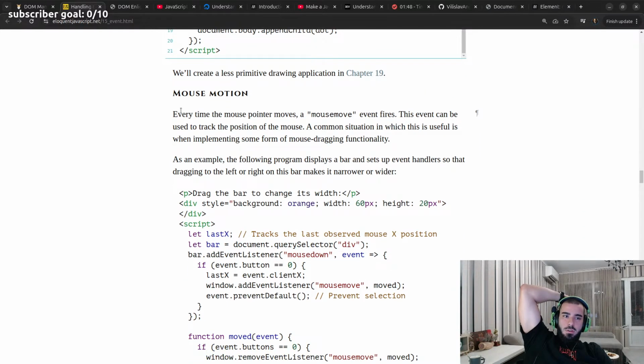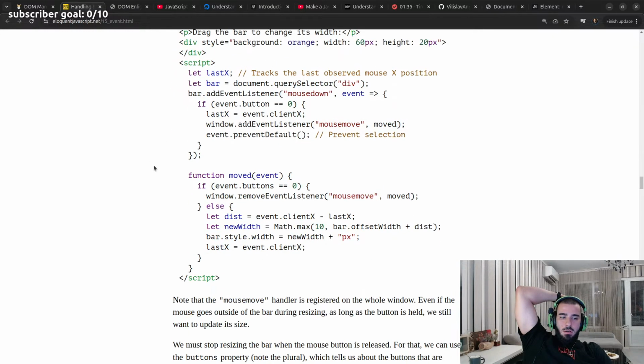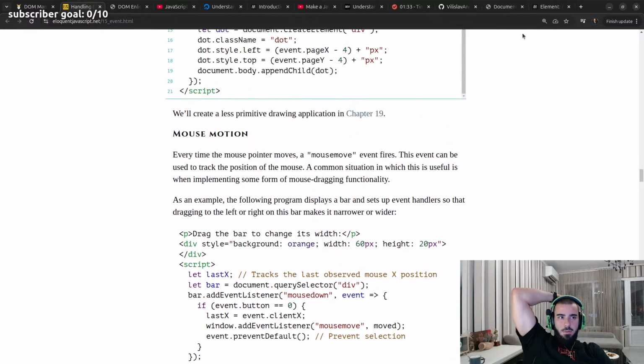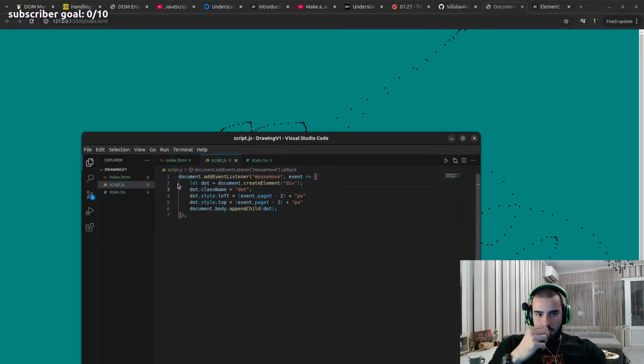Let me just see what they're saying here. This event can be used to track the position of the mouse, a common situation in which this is used is when implementing some form of mouse dragging functionality. So this is a different program than what we have here, and in order to do that, I guess it would be